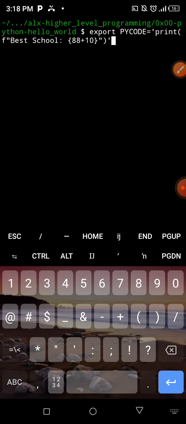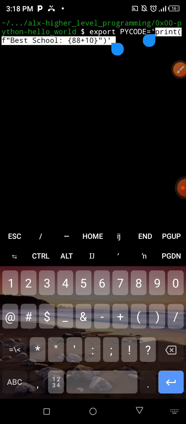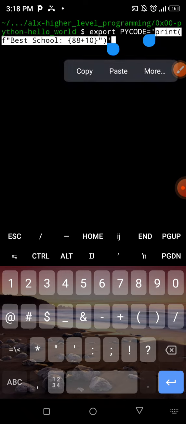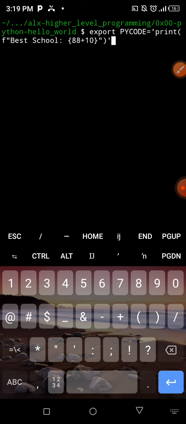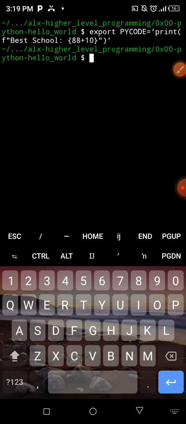So my code starts from this point, and it ends here. You can see where it ends. Whatever code I'm writing should be inside a single quote. That's what you should take note of. So everything is exported inside pycode. I'm just going to hit enter. So literally we have whatever we are doing stored inside the variable we have just created, which is known as pycode. So we can just call it, like you can just say Python